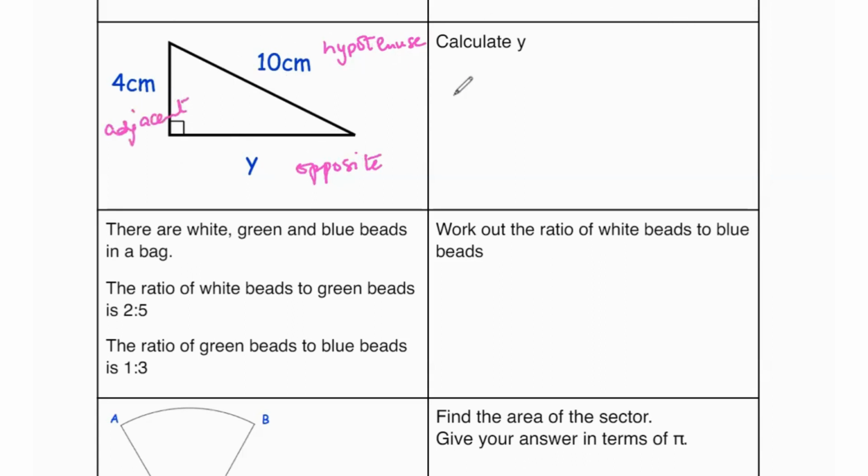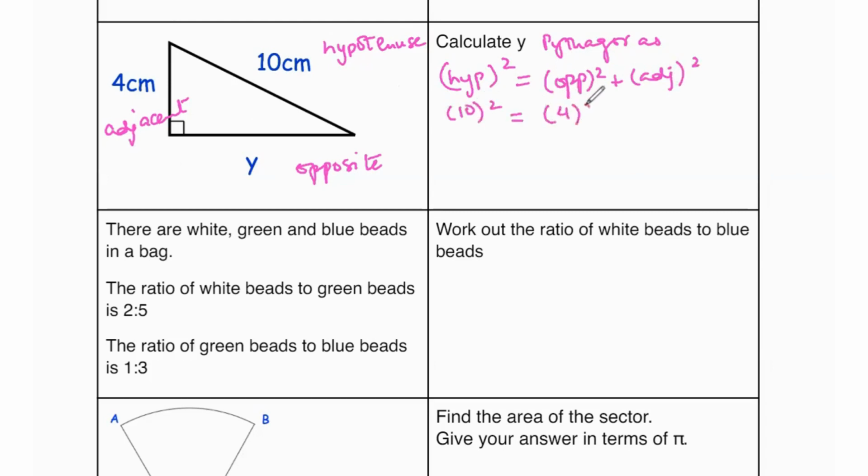So in a right angle triangle, when you have 2 lengths and one of the lengths are unknown, best way to find the length is using Pythagoras. So Pythagoras is hypotenuse square equals to the sum of opposite square and adjacent square. So 10 square equals to 4 square plus y square. That's 100 equals to 16 plus y square. 100 minus 16 equals to y square, which is going to be 84